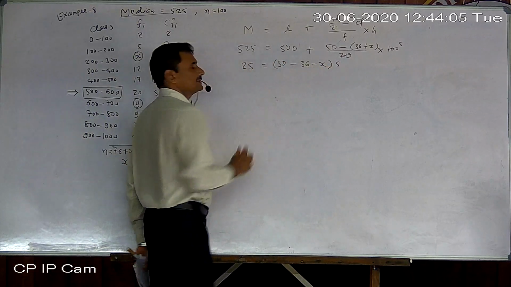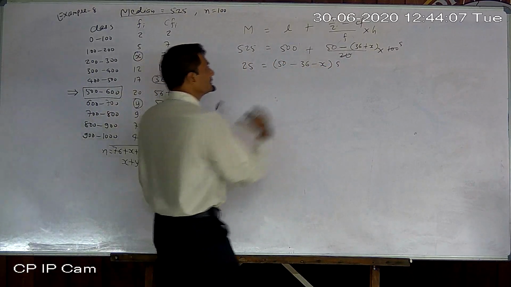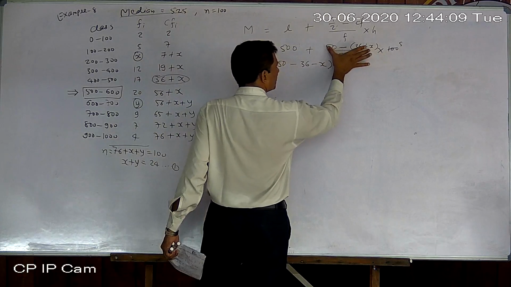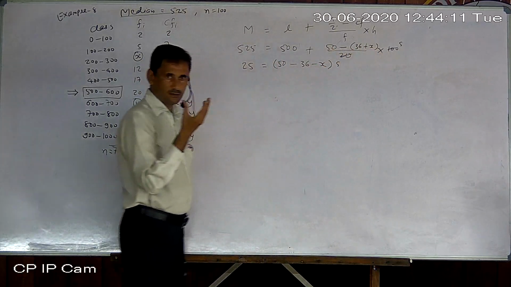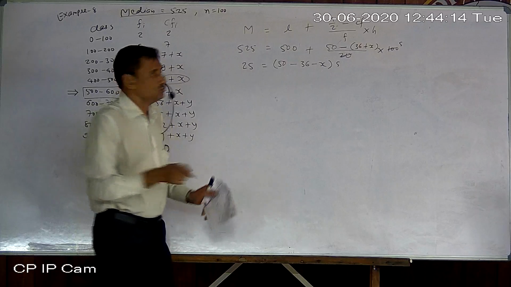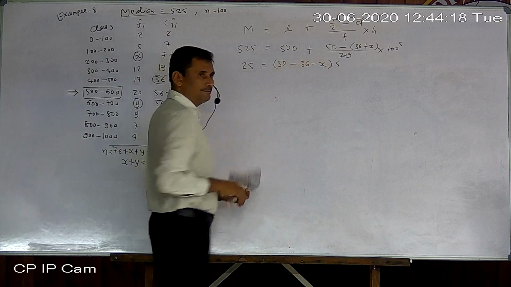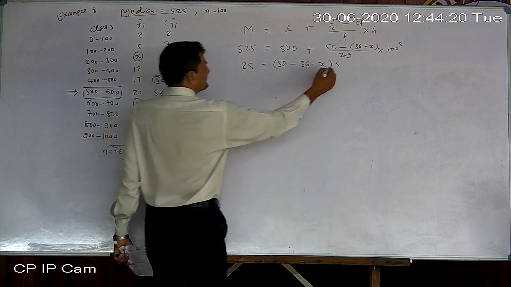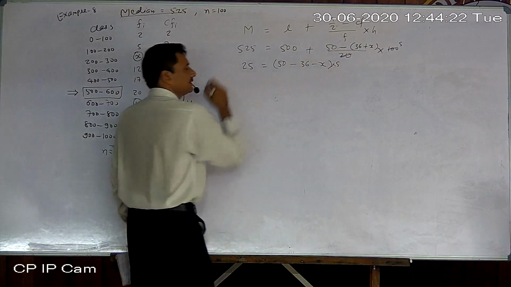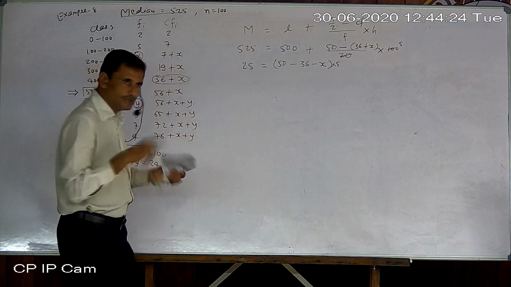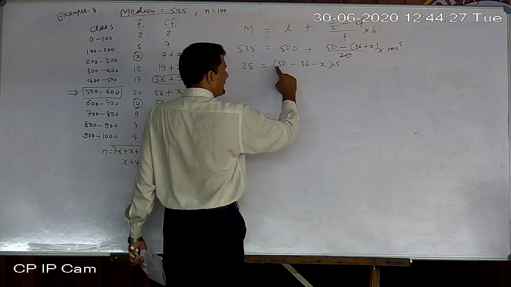Why is the bracket necessary? Because this is a line bracket, so all these three terms are combined. They are not separate. So multiply 5 with all three terms, not with any one. Now you can put this 5 on the left side also. Otherwise, you can multiply 5 with all these terms.